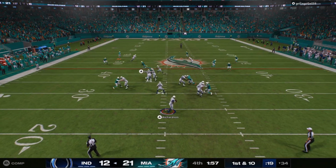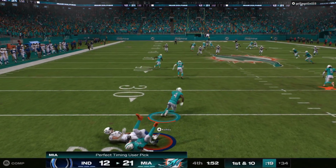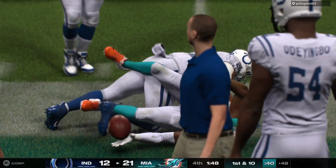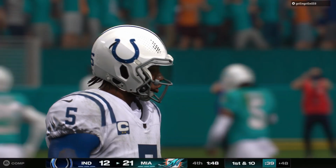Play action. Now Richardson. He's going to let it fly. And this is intercepted, and that should do it. But here in the fourth quarter, defensively, you know that you're just going to blanket the field with defensive backs and say, okay, take your best shot. And that time, it's